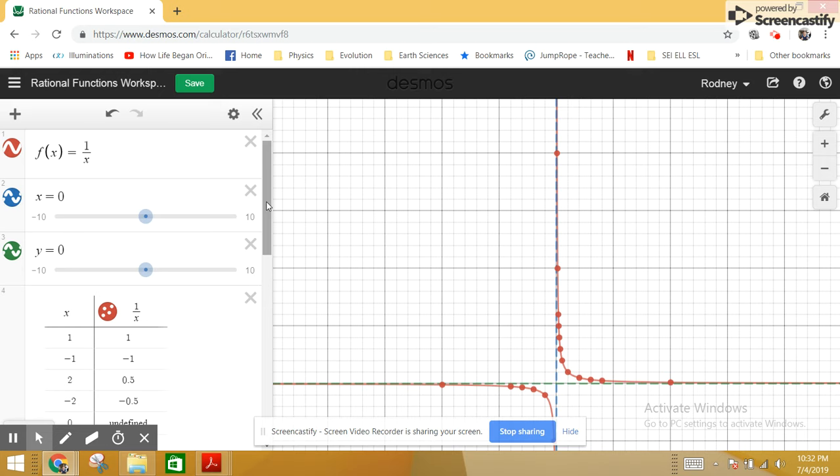On the other hand, as x gets bigger, it makes the fraction try as hard as it can to equal 0, but it never will, because there's no denominator that could ever make 1 over x equal 0. I'm going to stop with this one right now, and I invite you to experiment with basic, simple, rational functions in the form y equals 1 over x, maybe 2 over x, 3 over x, -1 over x, and so forth.